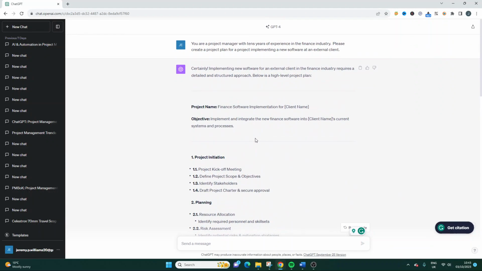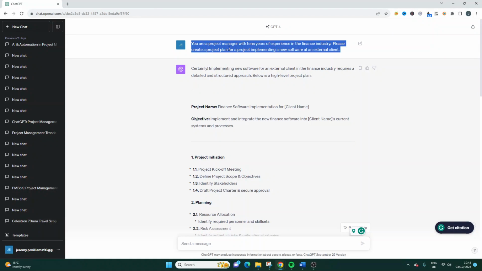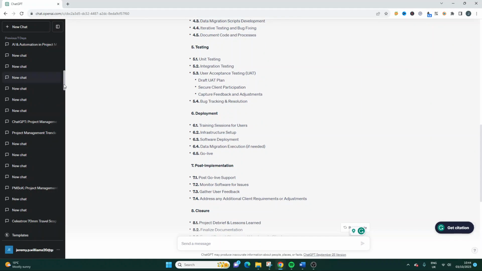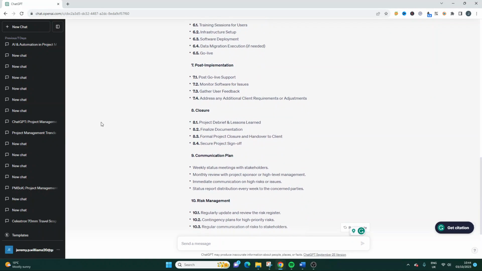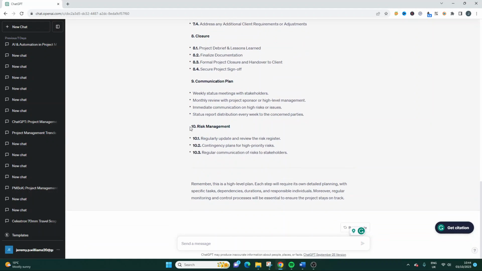Now here is where it gets even more interesting, and what we want to do here is leverage the capability of ChatGPT to understand what we're looking for and build upon it. So we've already got this all in place. Now what you can do is, as you can see on my left hand side, I've got all of these existing chats, and you can rename them as well. So bear that in mind if you want to return at a future time. But this is where it can get really, really useful. This prompt is excellent. So continue on while